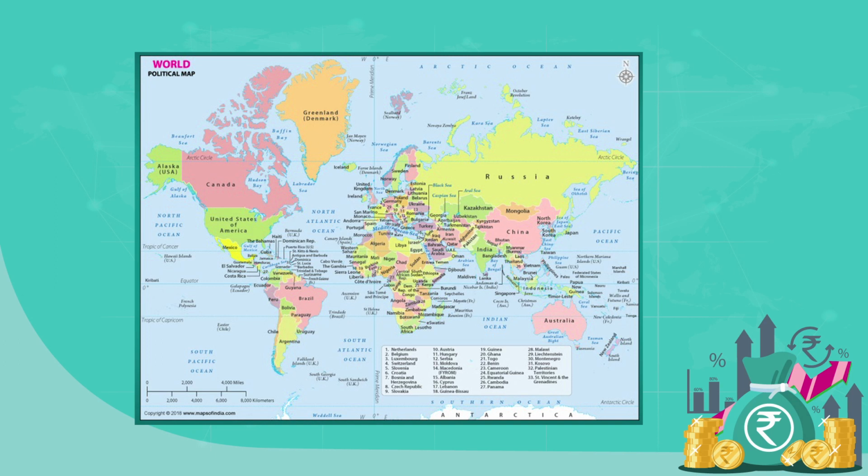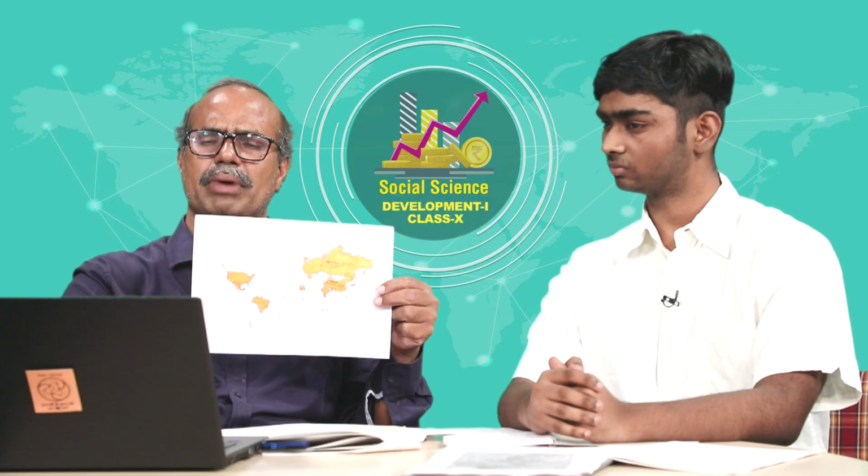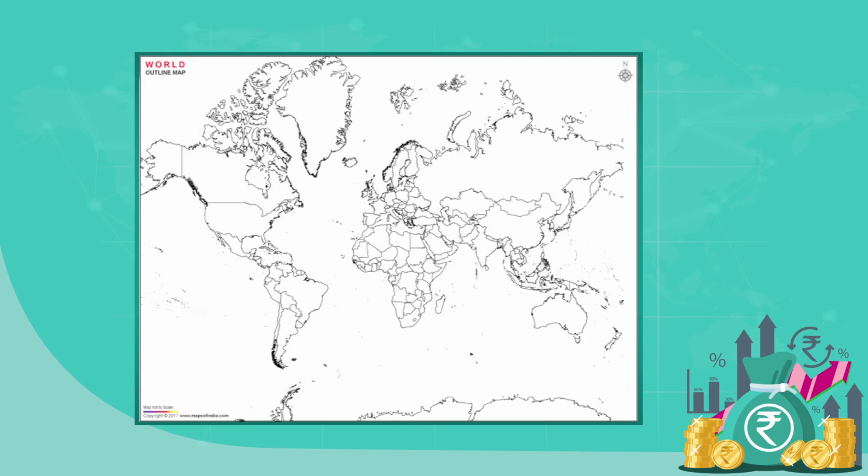I am giving you the world political map. You can also do this in the class or at home when you are free, with your parents. Discuss with your parents. In the slide, I am also giving you the world map and the names of the countries. Use this world map to understand where the countries are located, and then use the political outline map and color these 8 countries in 2 world maps.